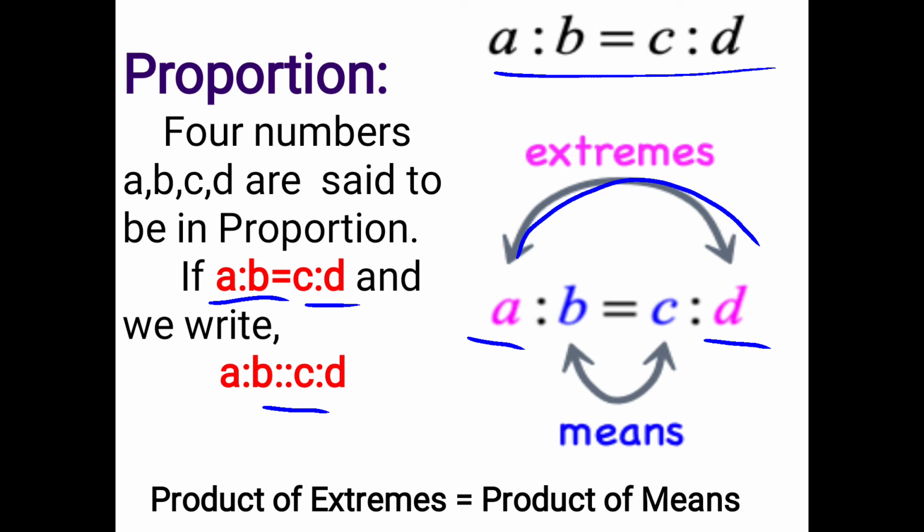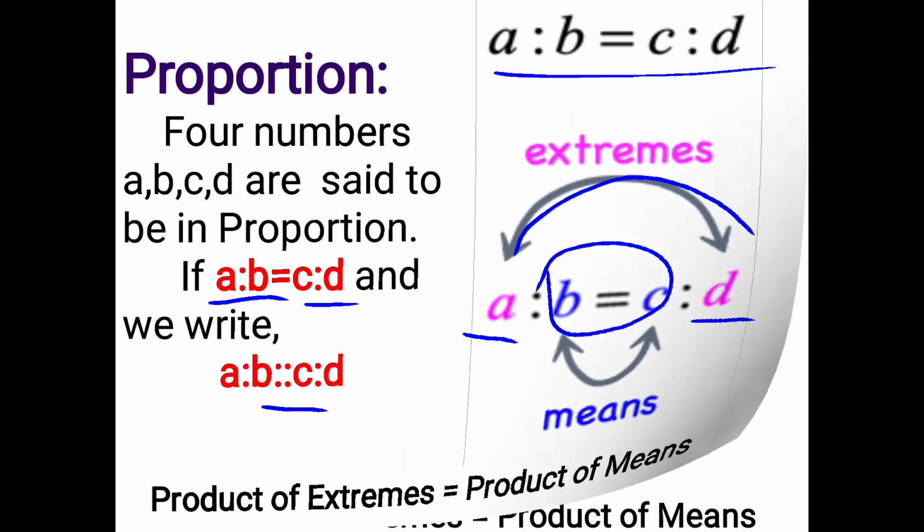The question they will ask is like 4, 5, 6, 7. Four numbers they will give. We have to multiply the first number and the last number on the left hand side, and on the right hand side multiply the second number and the third number. So this is called the proportion. Again I am telling, the first term and the last term are called the extremes, and the second term and third term are called the means. So to find the answer, product of extremes is equal to product of means.